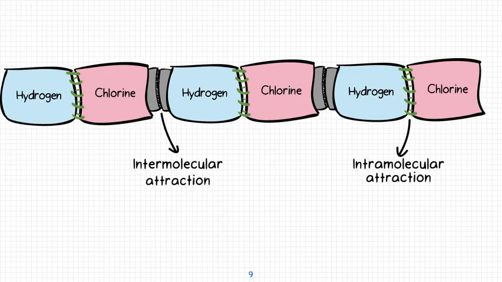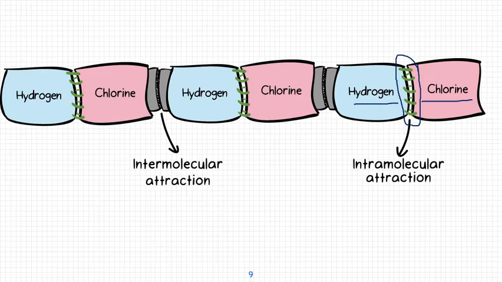Here's another picture to illustrate that difference between intramolecular and intermolecular. So intramolecular is, again, what we've been talking about, that we have one atom of something connected to another. So here we've got chlorine bonded with hydrogen. And so we've got that bond here in the center, and that is an intramolecular attraction that's holding them together